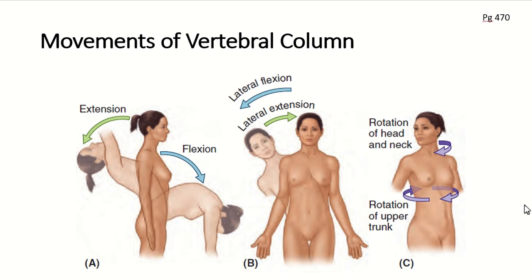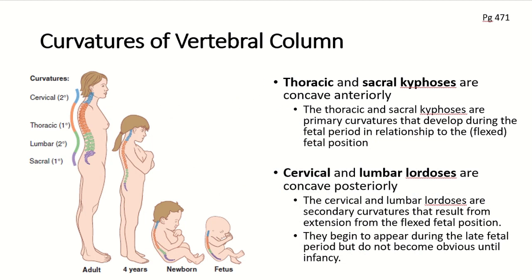That said though, flexion, especially this lateral flexion moving to the side, is very limited in the thoracic region. When we're doing that lateral flexion, where you're going to see it is in the lumbar and in the cervical regions. Okay. So, now that we know what the movements of the vertebral column are, we should talk about the curvatures of the vertebral column.